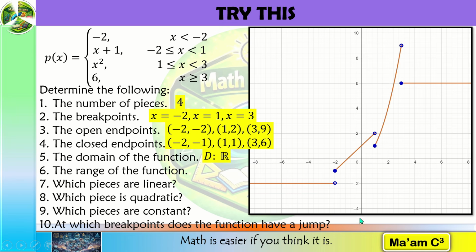So starting at negative infinity, going up, we started seeing graph at -2. The graph continues at +1. Going up, there's graph in each value of the y-axis. Although this is open, we have a graph here. The graph stops at y equals 9, and this is open. So it means 9 is not included.